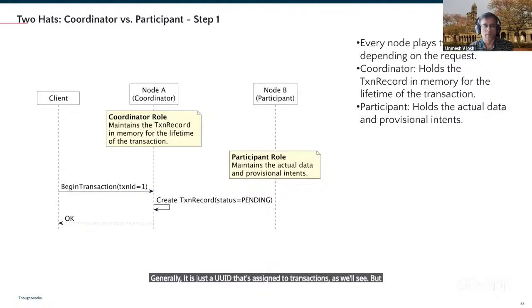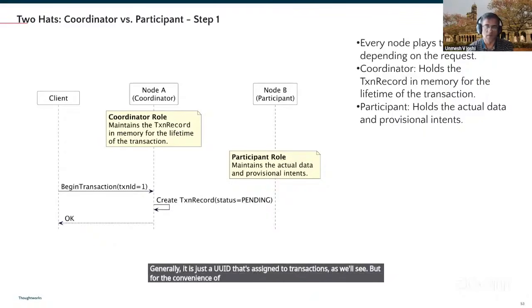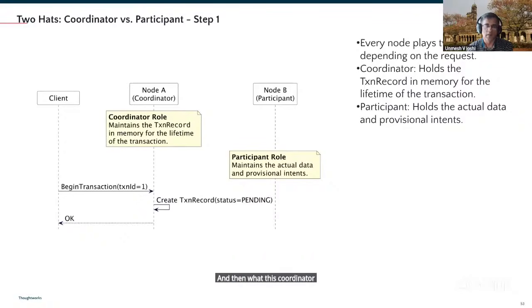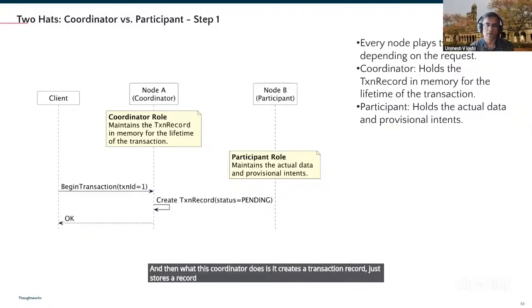But for the convenience of demonstration, let's say the transaction ID is one. And then what this coordinator does is it creates a transaction record,